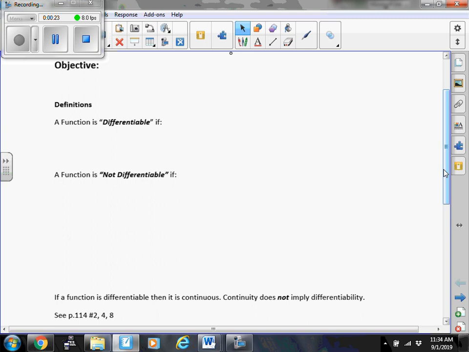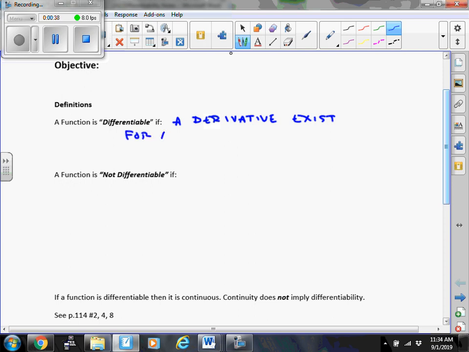Differentiable by definition is a derivative exists for all values on its domain, meaning all values of x. A couple of the ways to view it graphically, you're saying it's smooth on all points of the curve. It has a slope everywhere,